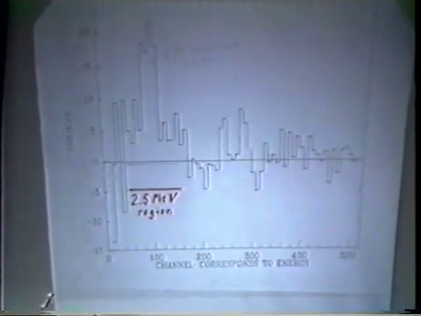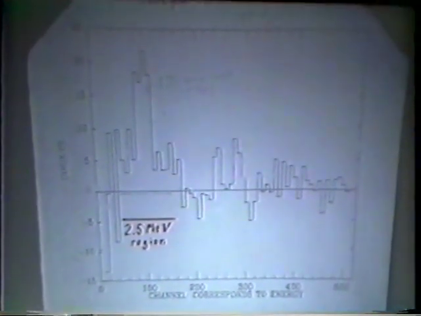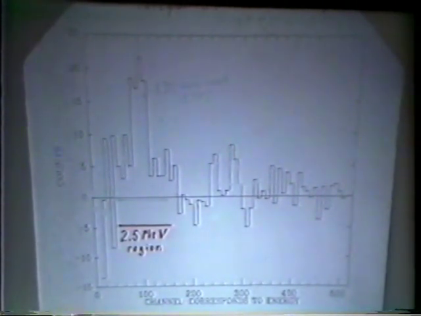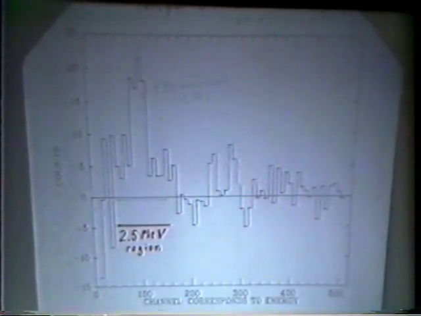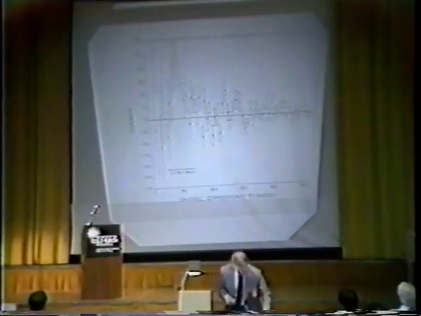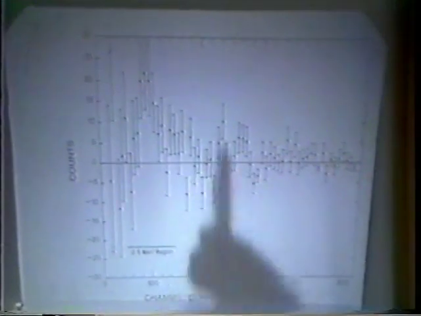And actually, when I first did this subtraction, I guess it was in February, I asked my son, do you see a peak in there somewhere? And he said, I think so. But for the paper, we decided to present this in this fashion, a little less